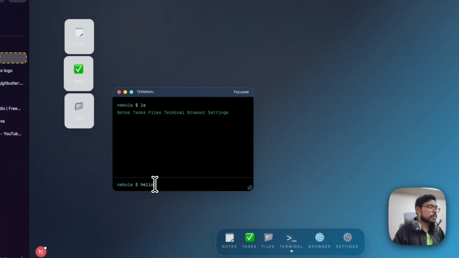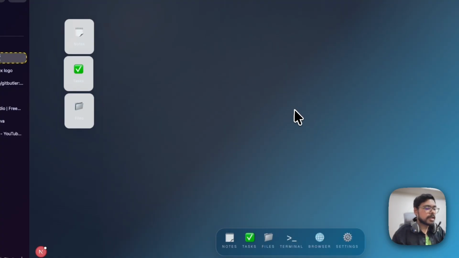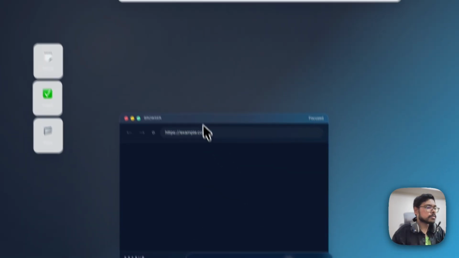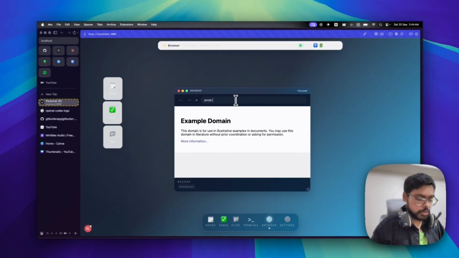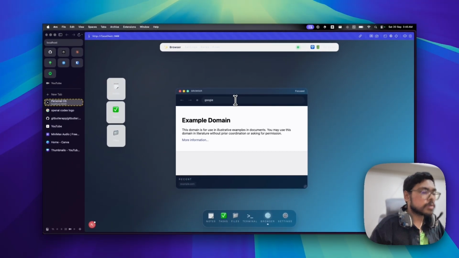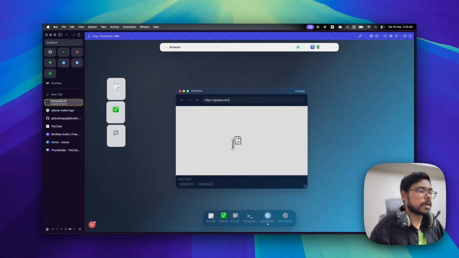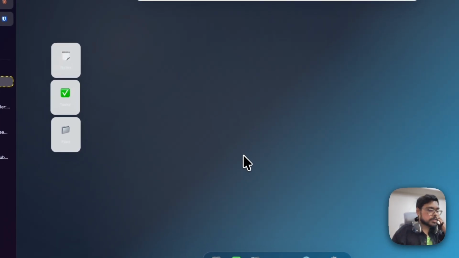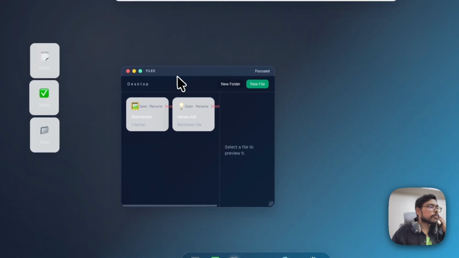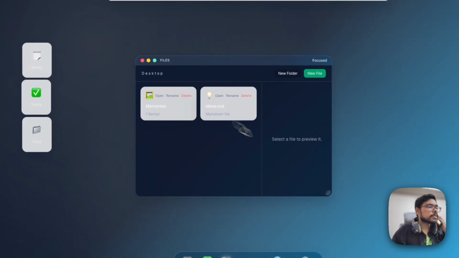Cool. Okay, cool. That's a basic version of the terminal, and I think the browser will not be working. Let's see. Google.com. Yeah, the browser is kind of not working. Fine. So the file manager also